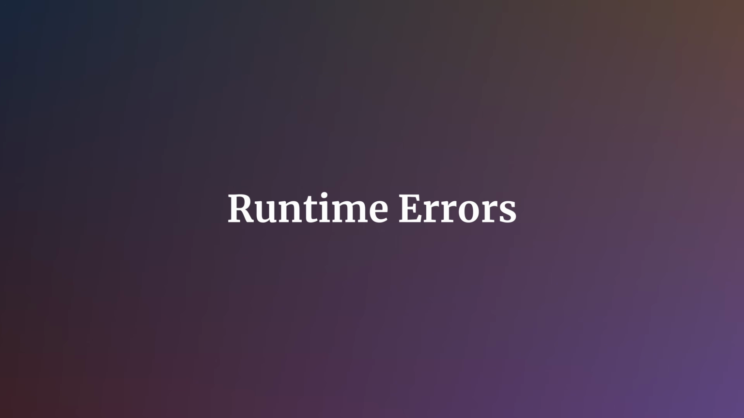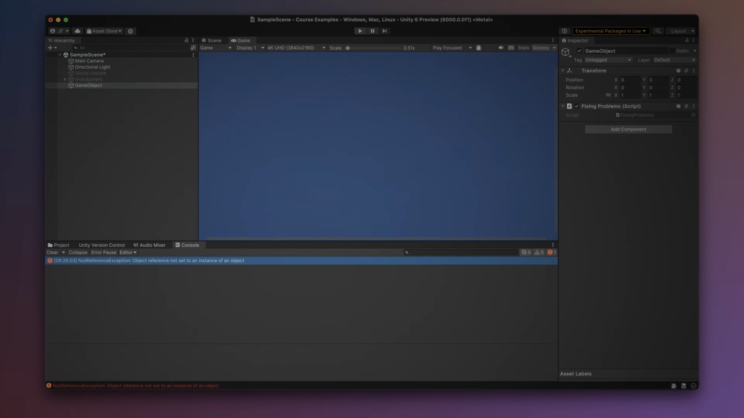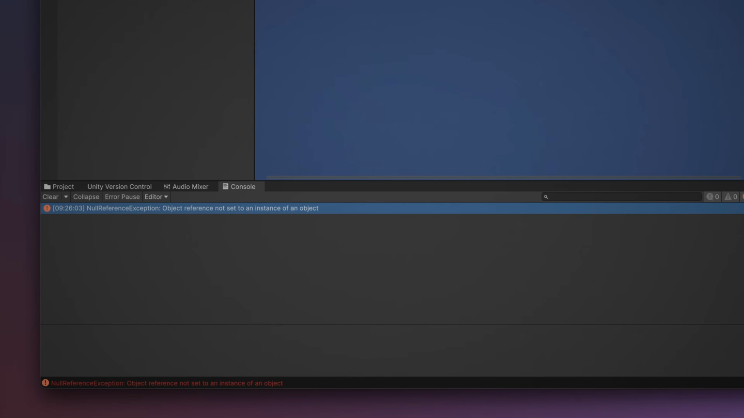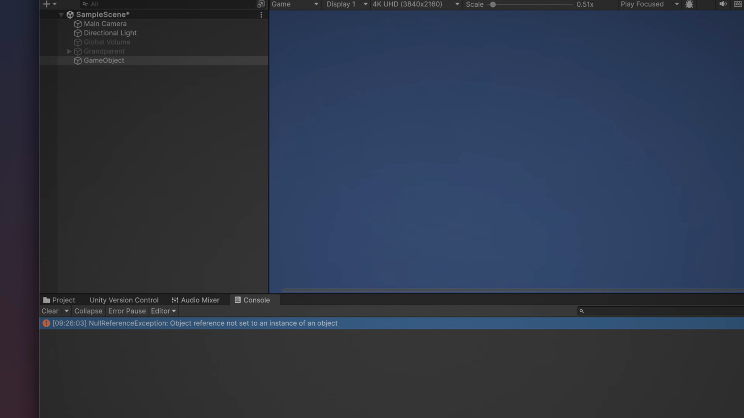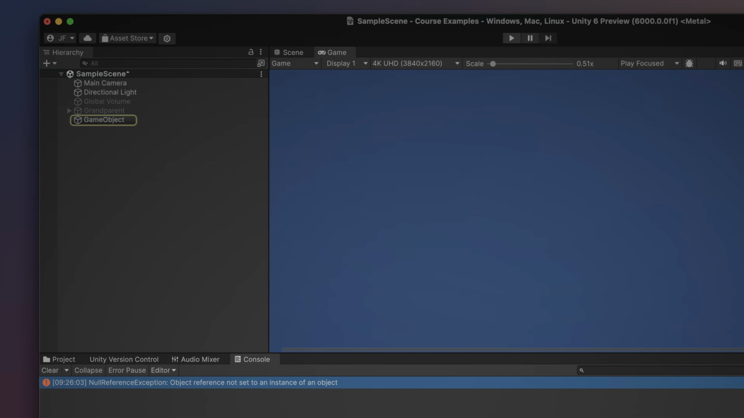Runtime errors refer to a problem that's caused when your game actually runs. One of the most common errors you're likely to run into is a null reference error, meaning that you tried to do something with a reference that was empty at the time. Selecting the error will show you which object in the hierarchy caused it, while double-clicking will take you to the